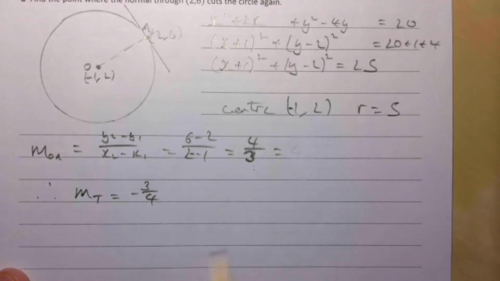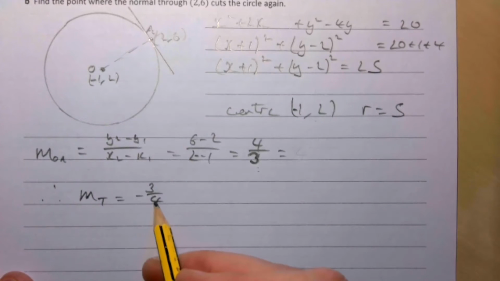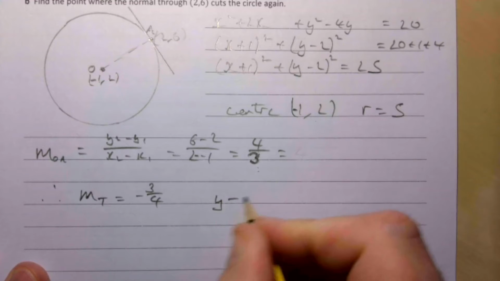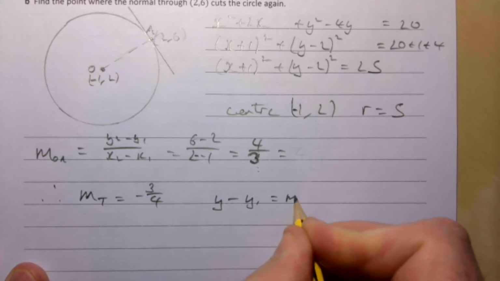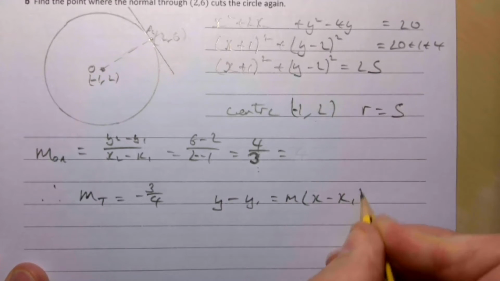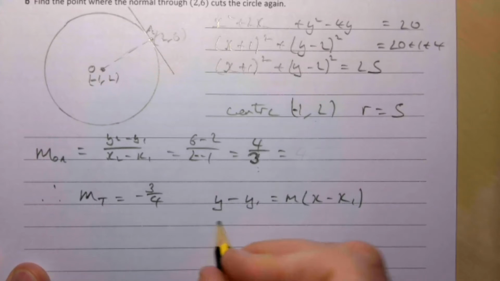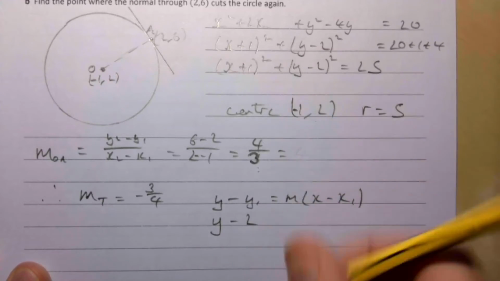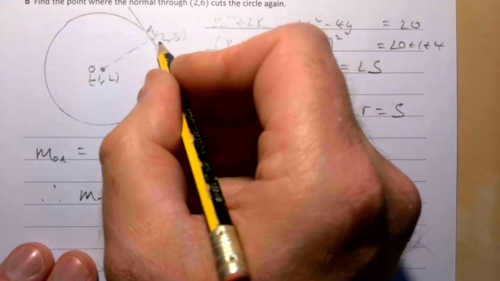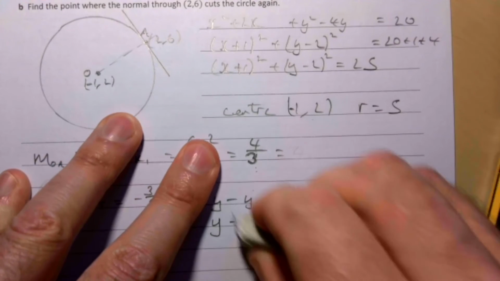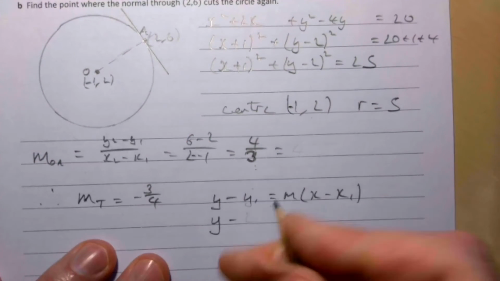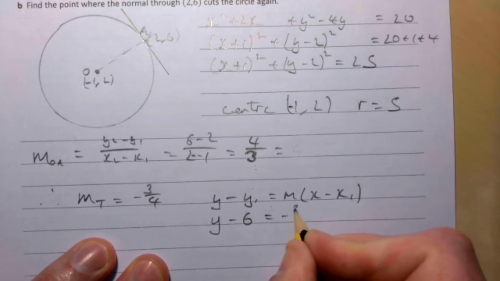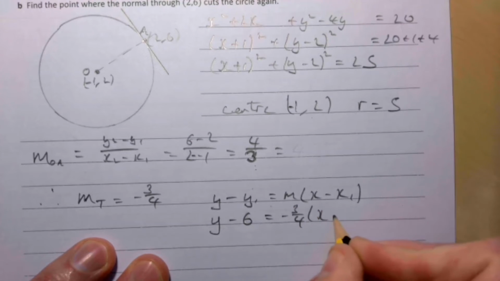So we're nearly there. What did we say we need? We need a point on the line and we need the gradient. We have those, so we can substitute it in. So if we go for y minus y1 equals m(x minus x1). Again, you can use y equals mx plus c here if you wish, whatever you fancy. Y minus 2, no, y minus 6, sorry, I'm using this point here. It's going well. Y minus 6 equals -3/4 upon x